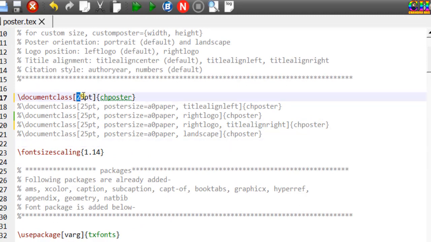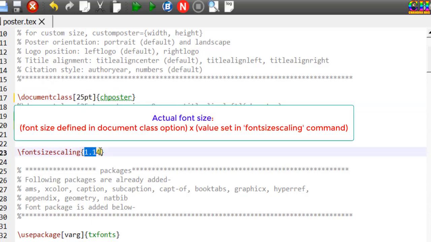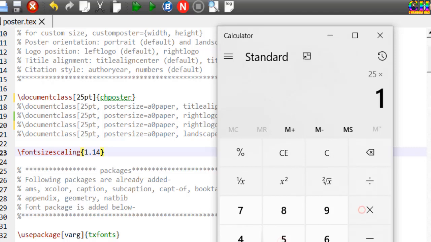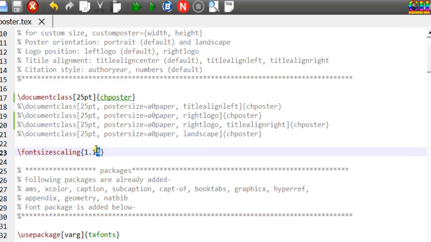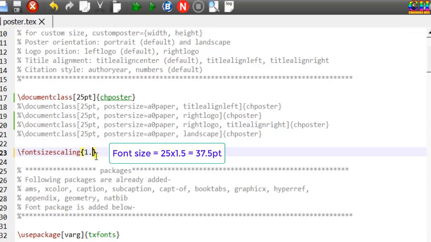In this A0 portrait poster, as you can see, font size has been chosen as 25 point, but actual font size is 25 into 1.14, which will be 28.5. So this is the actual font size. If you use 1, then actual font size will be 25.